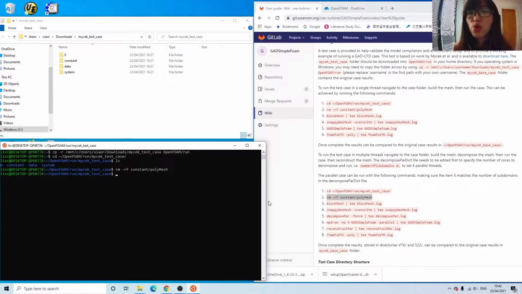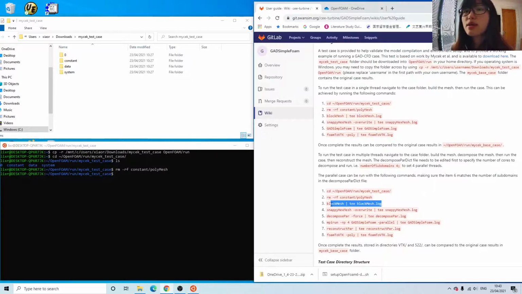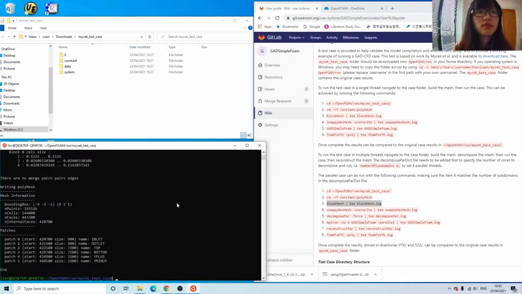Now the next step, as I said, all you need to do actually is just to copy and paste these commands into the terminal and run them by pressing the Enter key on your keyboard. Okay, now let's go and execute the next one. Okay, so it's created some